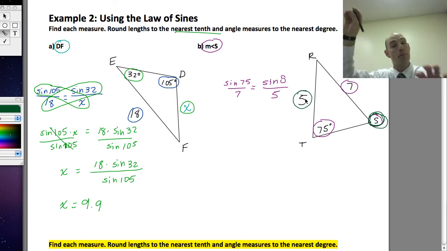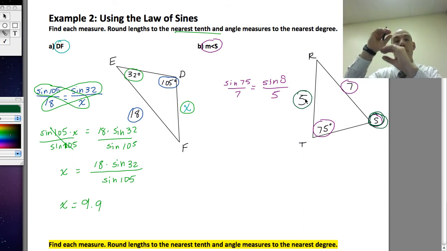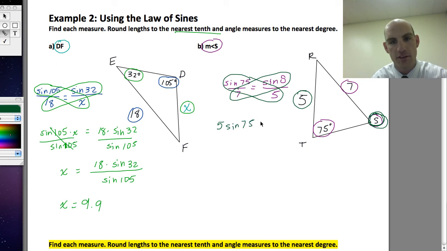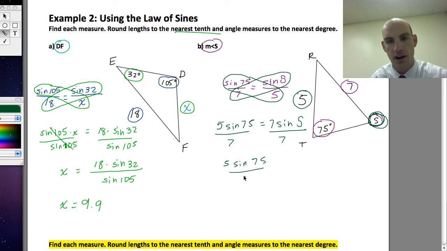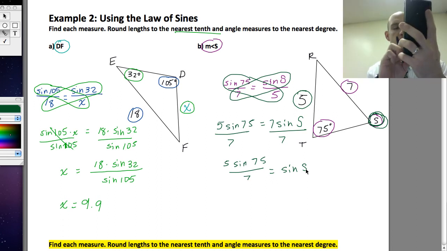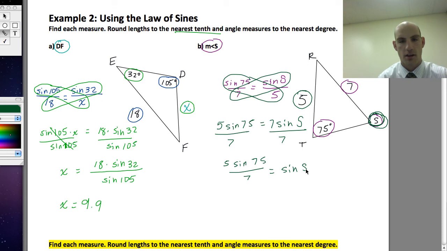Notice how this works. Look, guys, it works like this. You need to have the angle and the side opposite of one another. The side and the angle that are opposite of one another make up your ratio. So when I cross multiply these, I have 5 sine 75 is equal to 7 sine of S. I'll divide by 7, divide by 7. So 5 sine 75 divided by 7 equals sine of S. Now, this one's going to involve an extra step. I'm going to use my calculator. 5 sine 75 divided by 7 equals,